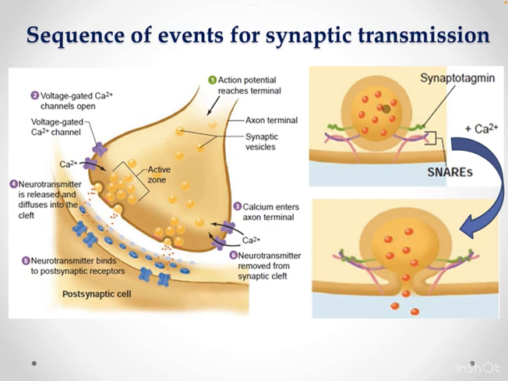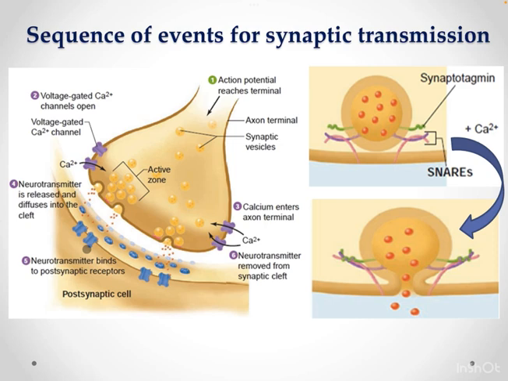This is a magnified view showing the detail of neurotransmitter release. Calcium ion triggers synaptotagmin and SNARE protein to induce membrane fusion and neurotransmitter release. Now the neurotransmitter is released and diffuses into the synaptic cleft, which later binds with the postsynaptic receptor